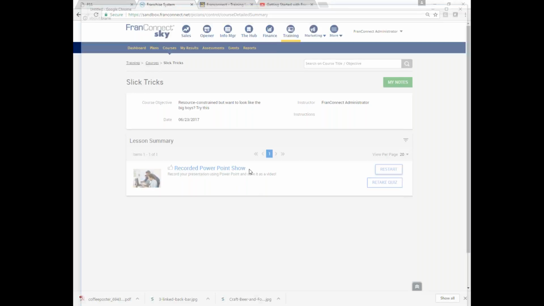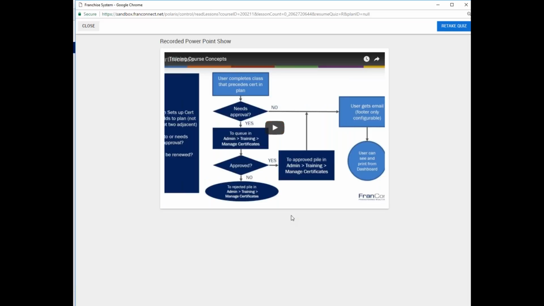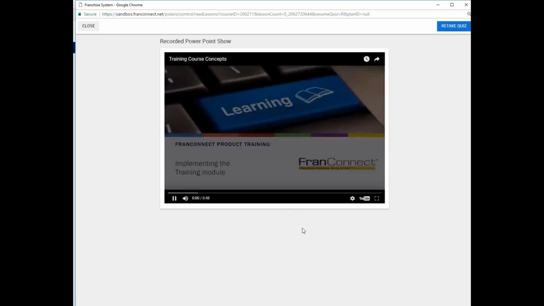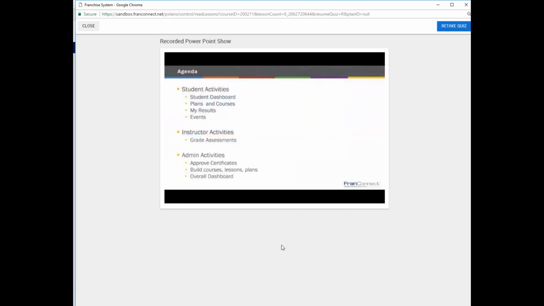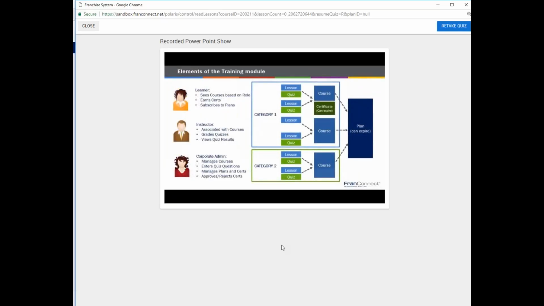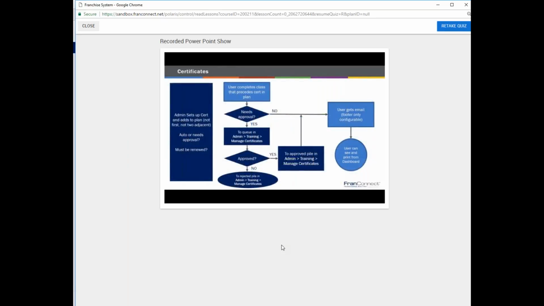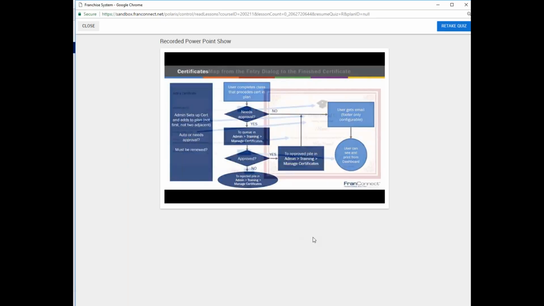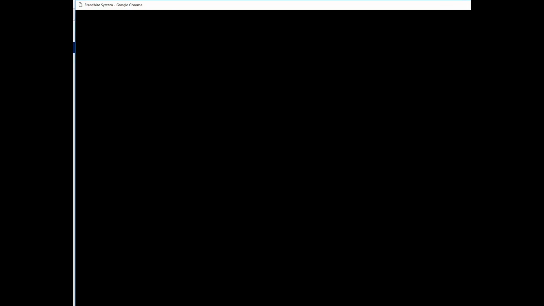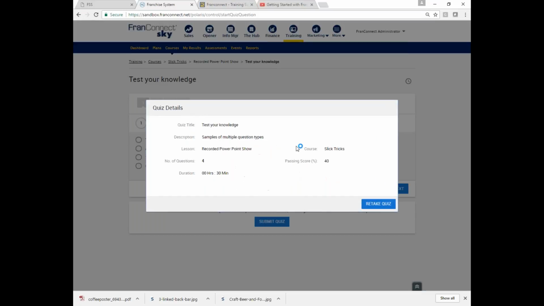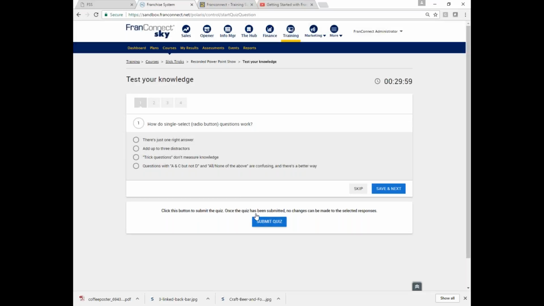So if I were to take a look at that, I'd upload it as though it were a video. So here's my PowerPoint, and if I start it, it begins to play. I have my sound turned off so that it doesn't talk over me. But it can be fairly slick, and it could have animation in it. I had no other tool with which to build this thing than PowerPoint, and I can still make it pretty slick. And if I have a fairly slick PowerPoint like this, followed by a good quiz, I can do a lot with not very much in the way of equipment or expertise.